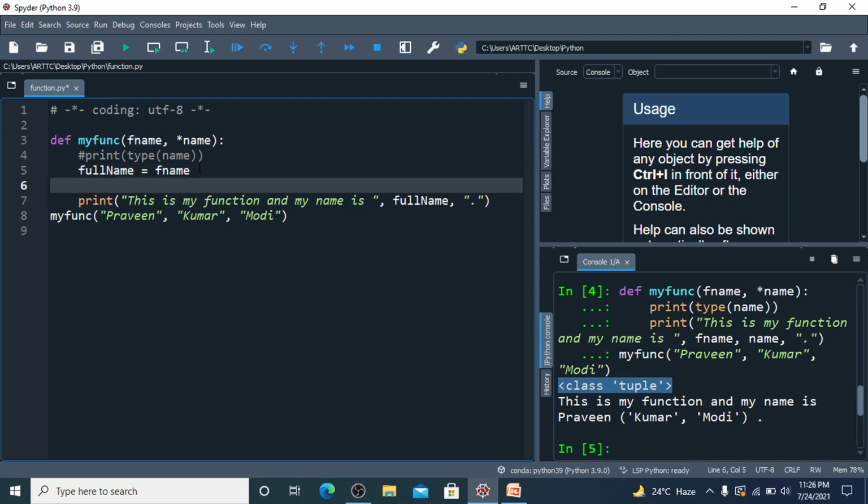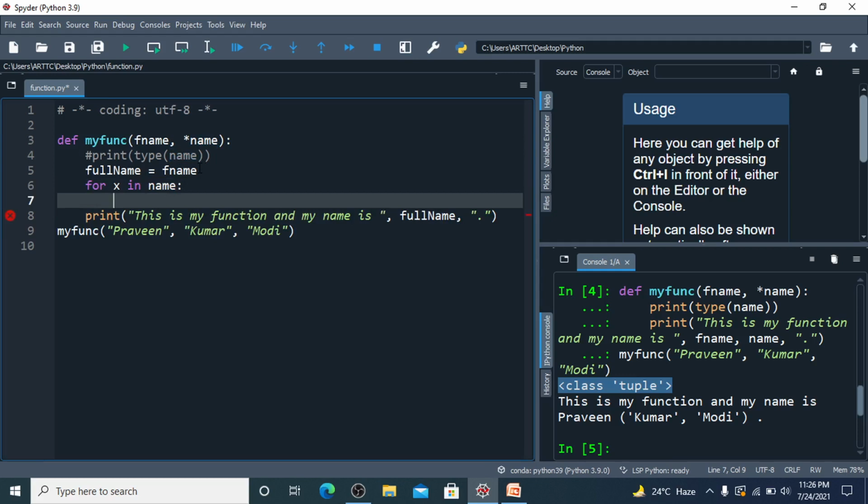For x in name, since it is a tuple, we can loop through the elements, and we'll use full name plus equal to, a space, then we add x. That's it.